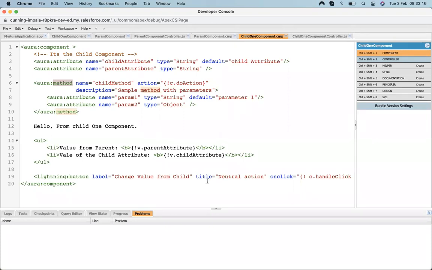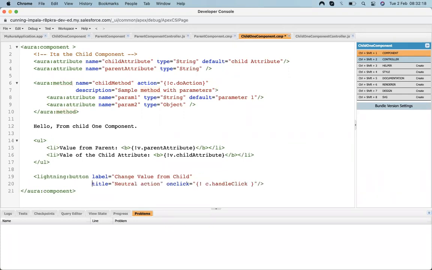And in situation-based questions, whenever we get a scenario, we have to choose which way to go. So these are the things we first need to know: how we are doing this, how we are calling a method, how we are changing the values. You should know all these things while working with the Aura component.